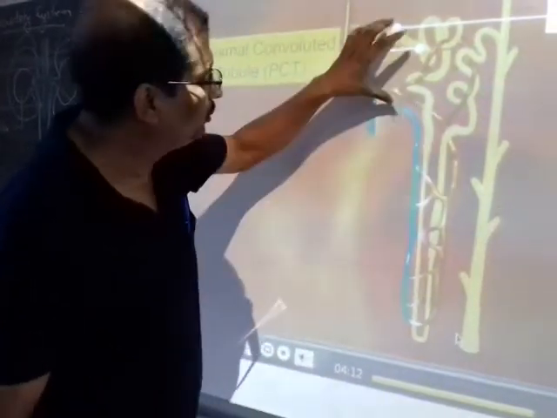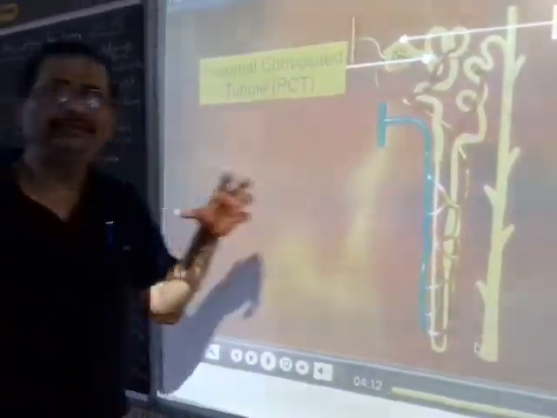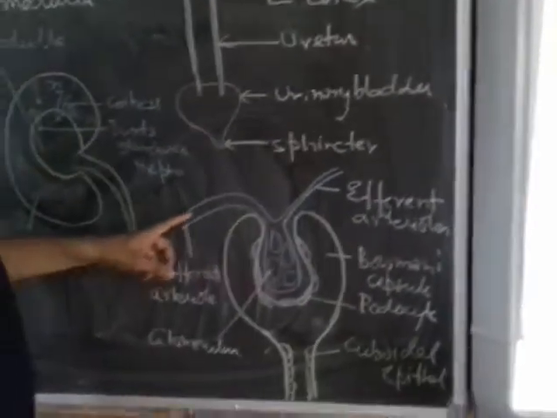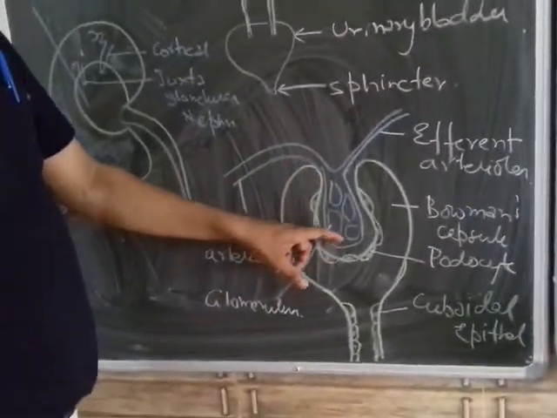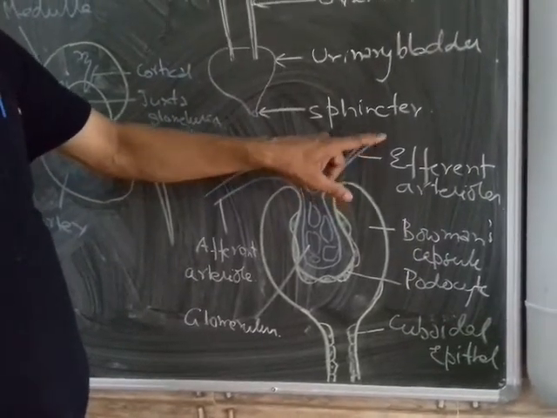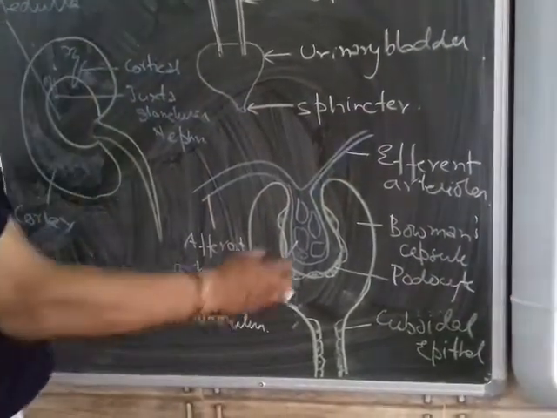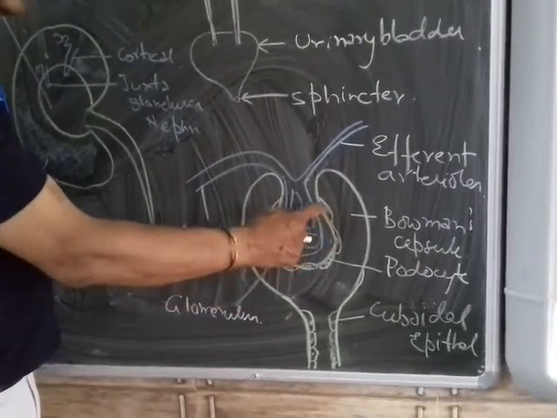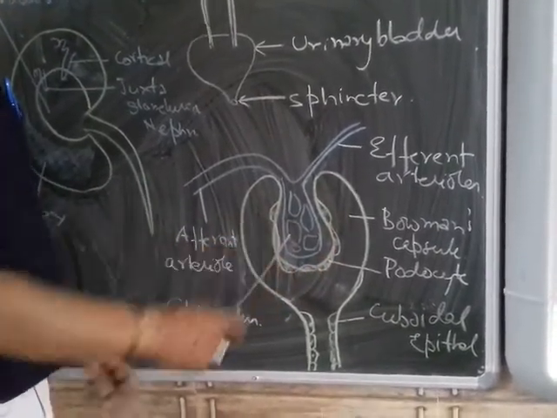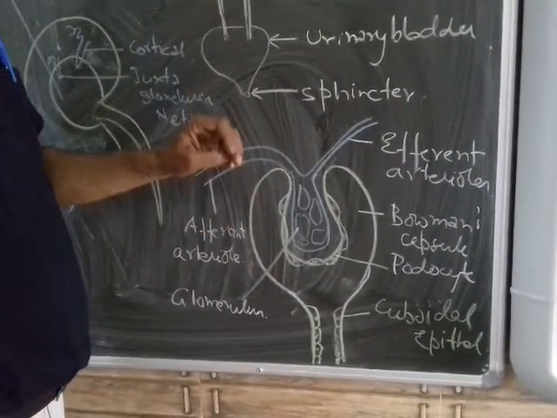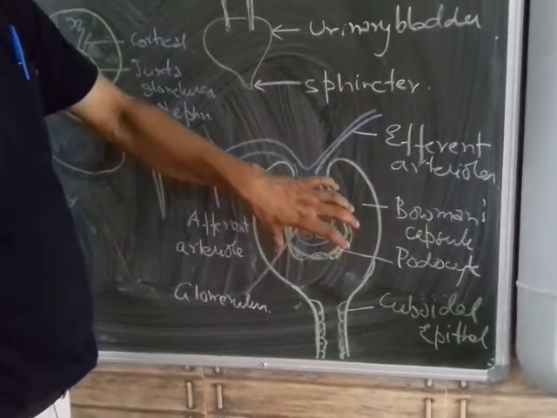Now, let us go and study the structure of the Malpighian body in detail. So the Malpighian corpuscle here, you can see it has the afferent arteriole, and the glomerulus is branched in this, and the efferent arteriole takes out the blood, which is of course connected to the renal vein. Now this tuft of capillary is the glomerulus, and here the Bowman's capsule is lined by a type of cell which is called the podocyte cell. It is a type of specialized squamous epithelial cell which looks like the feet of a person.